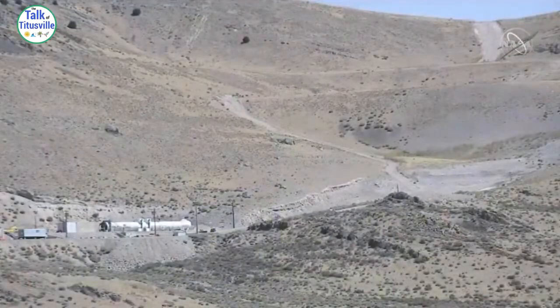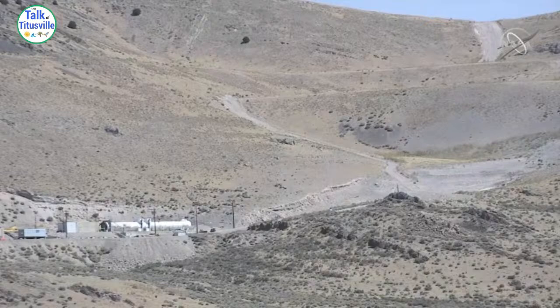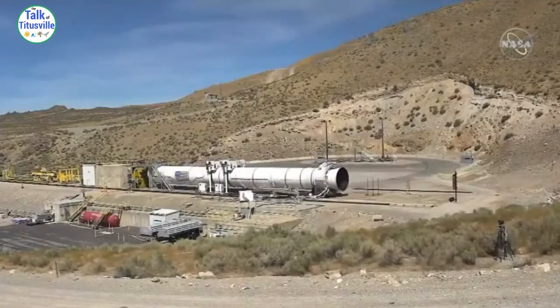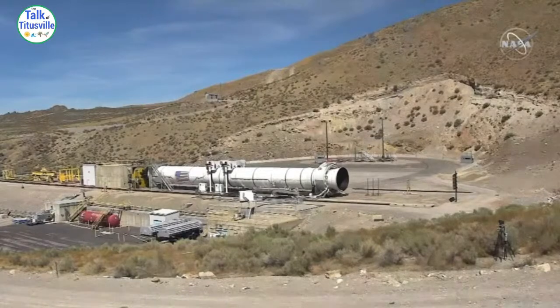You're looking live at the booster in the test stand in Promontory, Utah. In about 15 minutes, you will see just how powerful this booster is. I've actually seen one of these booster firings in person, and I can tell you it is an awesome experience